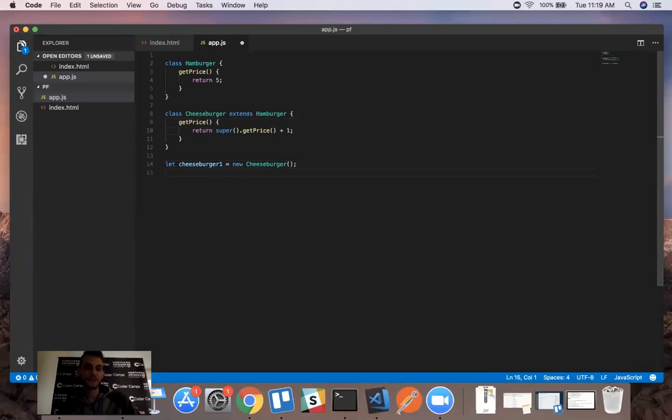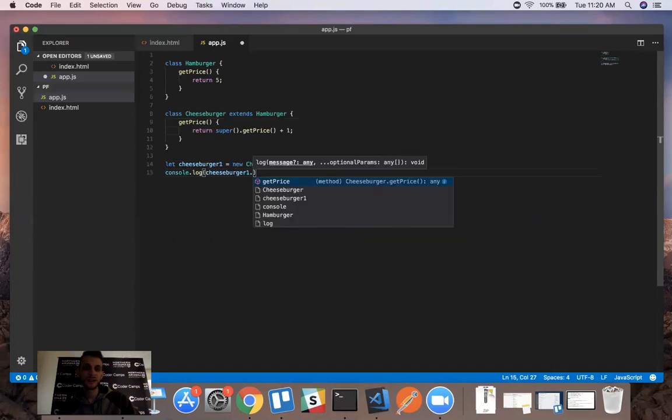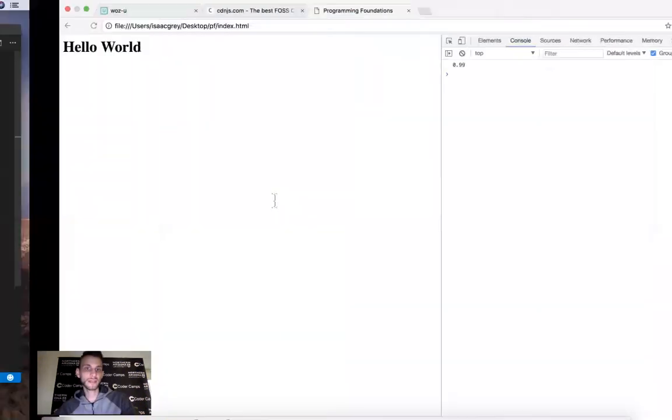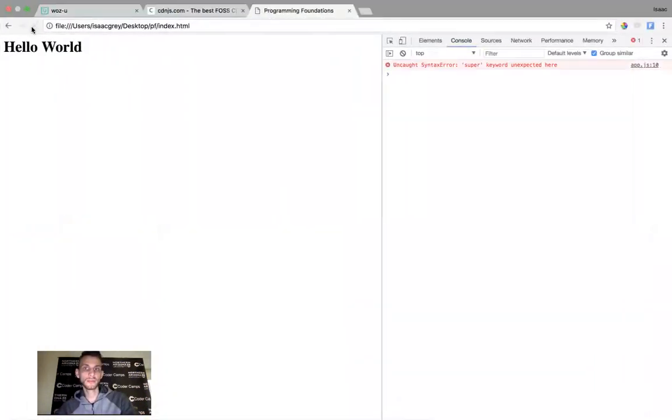And after we do that, we've already got the method set up, so we can simply console log that value. Okay, so console log cheeseburger1 dot getPrice invoke. Okay, so we save all, and we refresh,